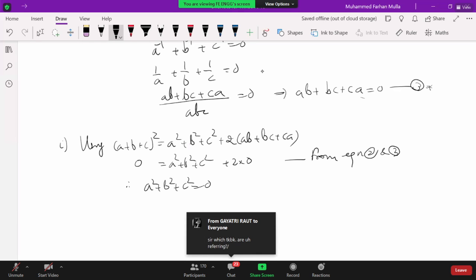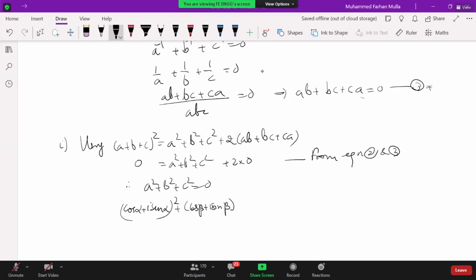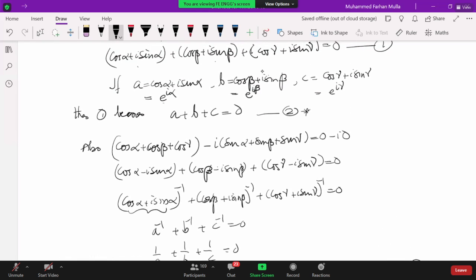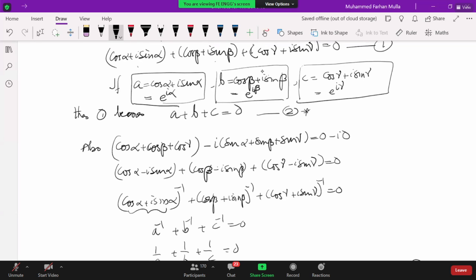What is A? A is cos alpha plus I sin alpha the whole square, cos beta plus I sin beta the whole square. What is C? See here, I have already written the value of A, and this is the value of B, this is the value of C. So already we know what is A, what is B, what is C, which